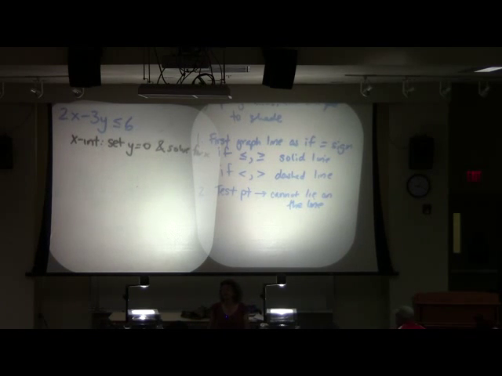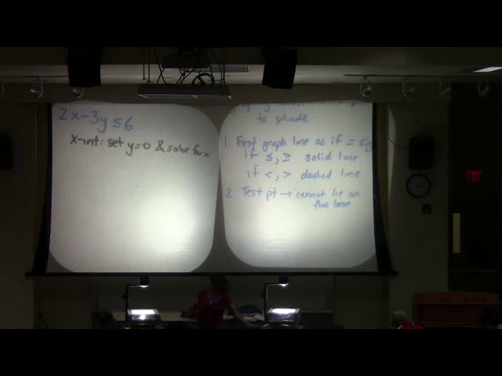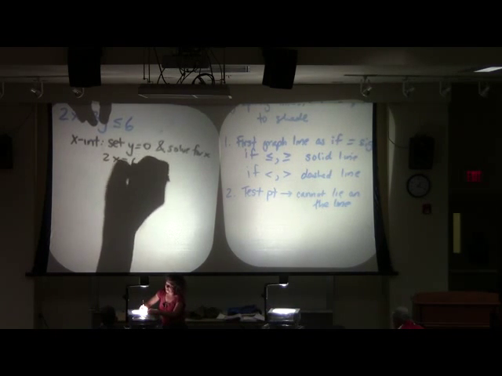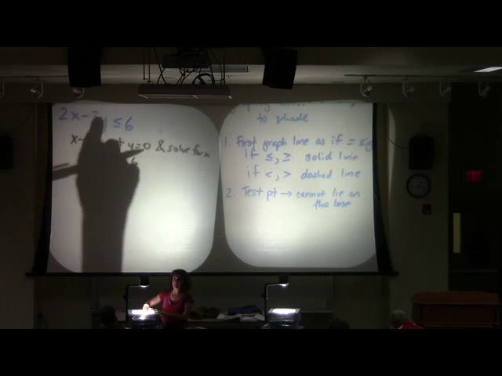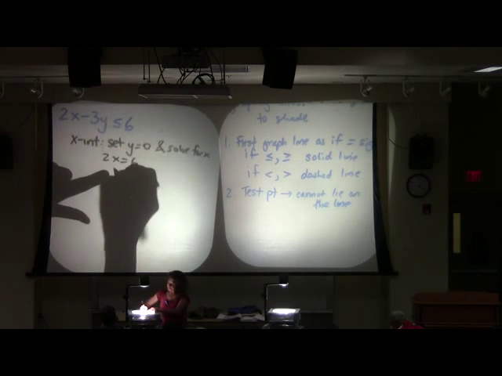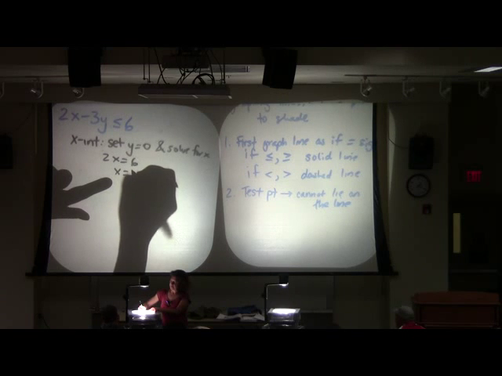Whenever you set something to 0, doesn't it totally nix that term? Yes. So if I set y equal to 0 and solve for x, remember we're first dealing with this as though we have an equal sign. Aren't I solving 2x equals 6? If y is 0, this term goes bye-bye. So what is x equal to? 3.